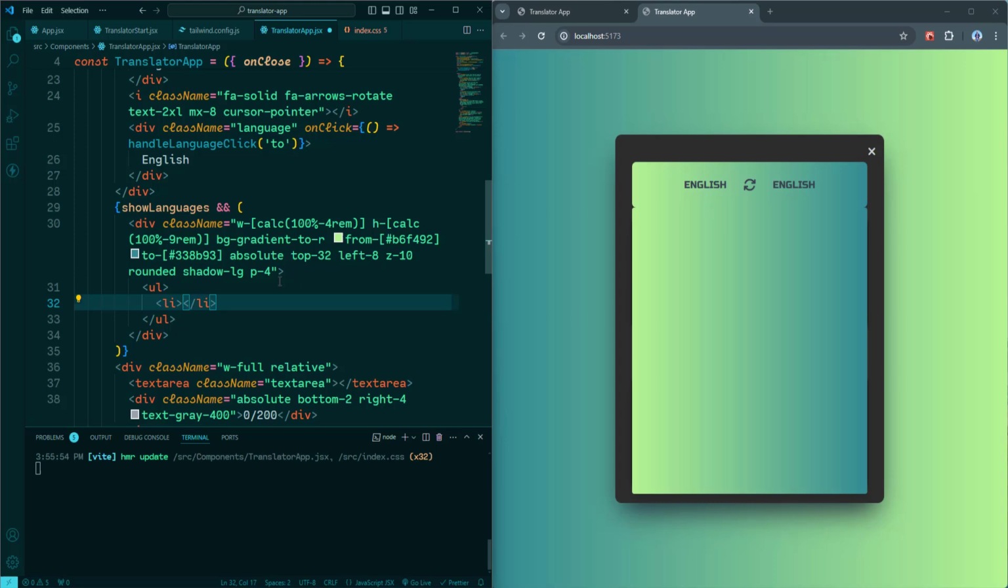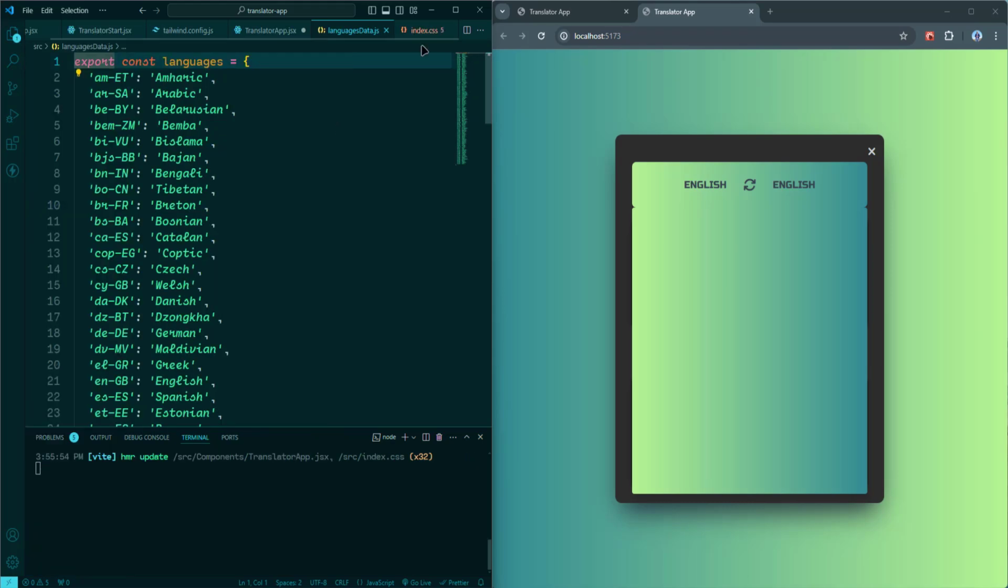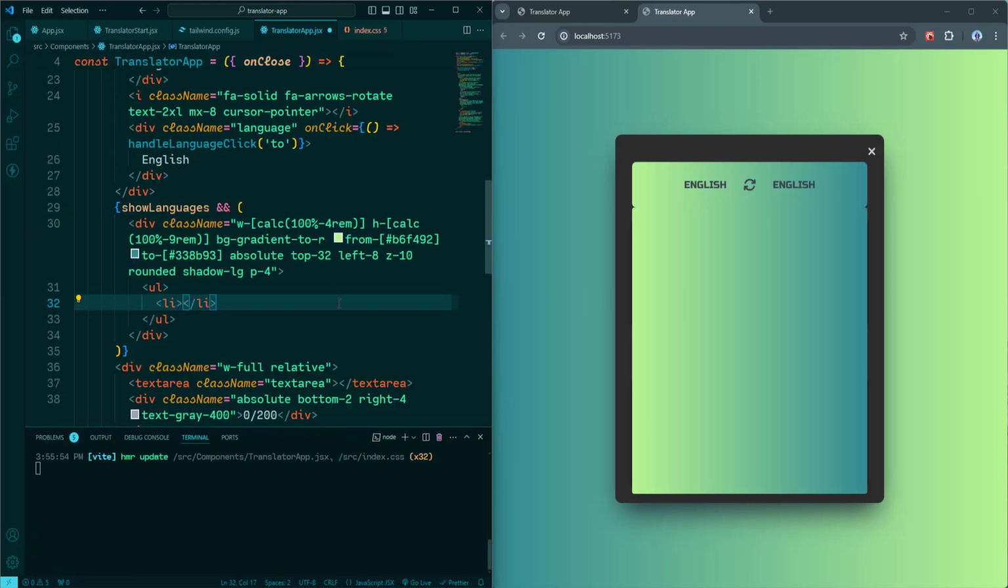So now we have to generate the list of languages from the languages data file dynamically. I'm in this file here. As you remember, we store here all the languages, the language names and the codes. So we have to generate a list from that file. And for that, I'm going to use one of the methods called Object.entries. This method takes an object and returns an array of the object's own enumerable string-keyed property key-value